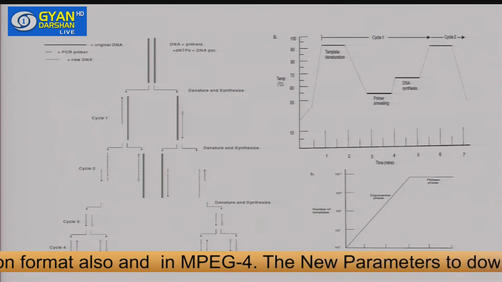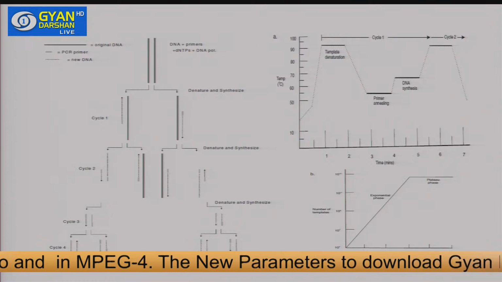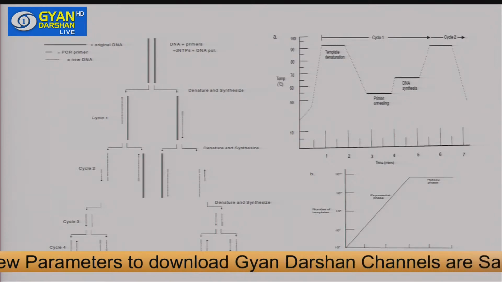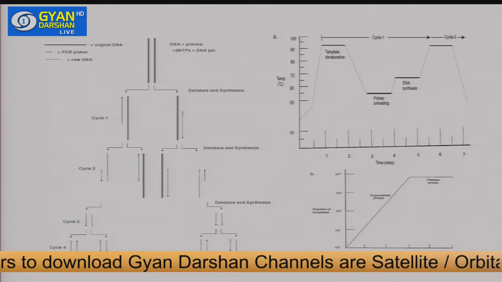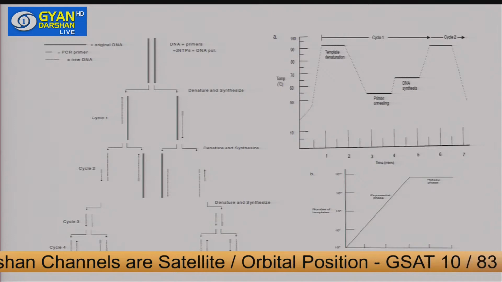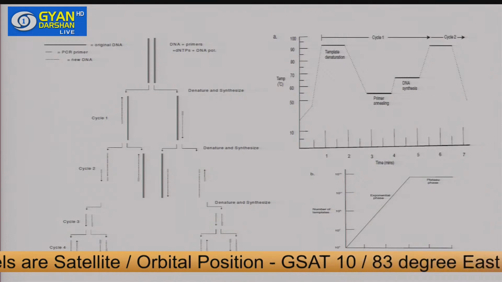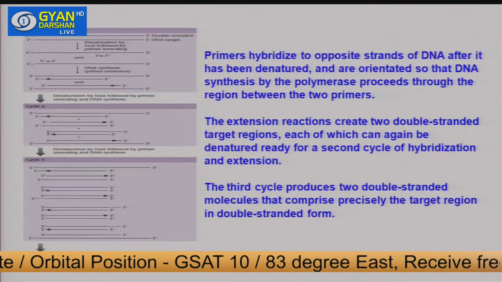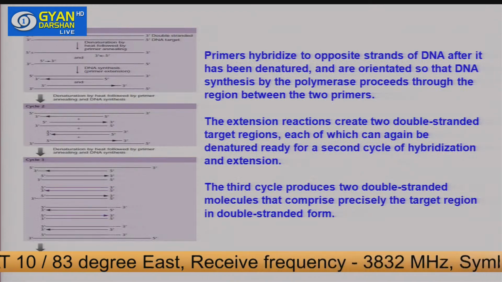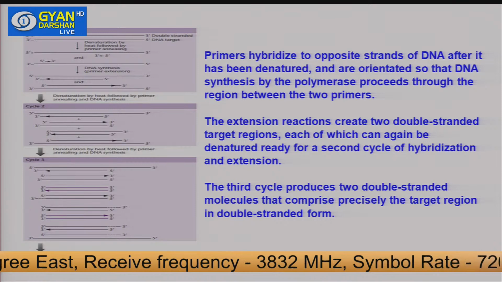And there are several cycles. Polymerase chain reaction. Why chain reaction? Because you need to carry it under different cycles, as many as 30 to 40 cycles. So people have shown that if you undergo PCR for 30 cycles, then you get the maximum amount of template. So primers hybridize to opposite strands of DNA after it has been denatured and are oriented so that